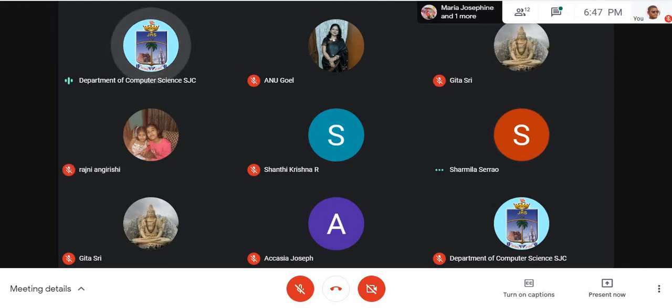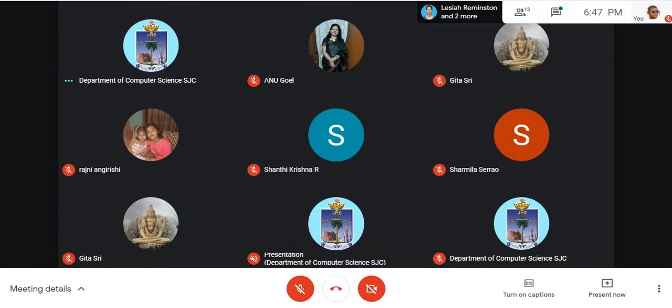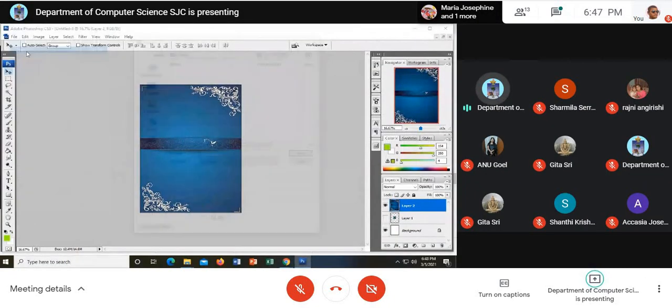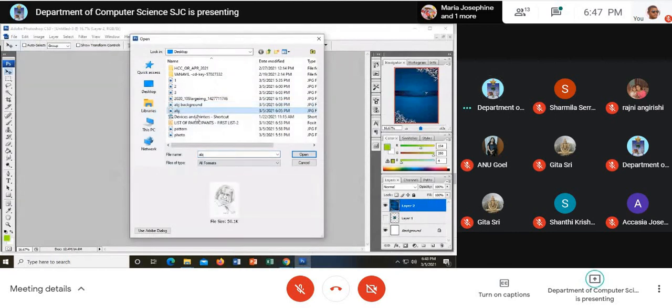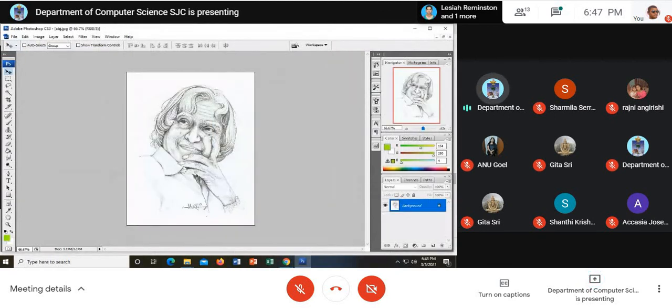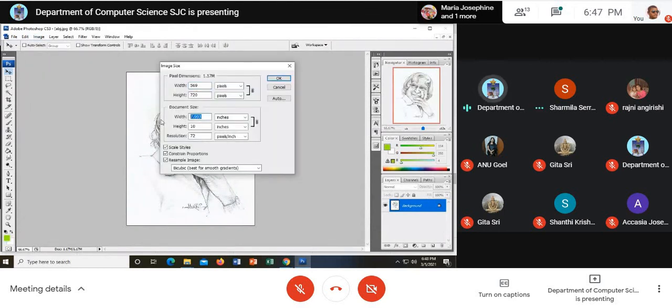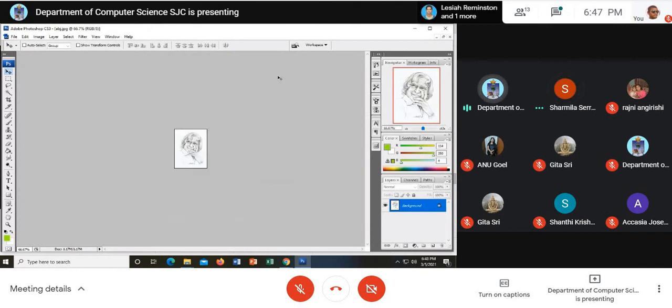For example, I'm choosing Abdul Kalam's picture. The picture is bigger, so I go to Image and make it 2 inch, so it looks considerably small.